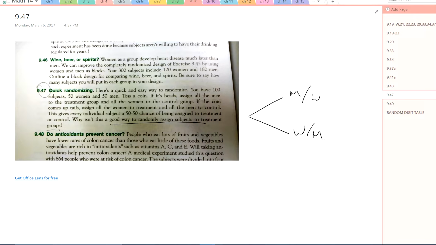But what if I wanted, of the 100 people, a random selection of just any 50 here and any 50 here? Well, that's not going to work then. I can't do that with this technique, right? It doesn't allow for that. So bad idea for completely randomizing. Good idea if I want to keep the men and women together, but that wouldn't make sense for an experiment like this anyway. So that's a bad idea. So there we go.